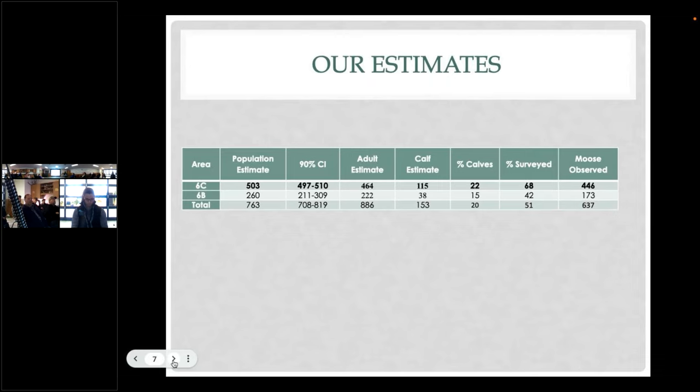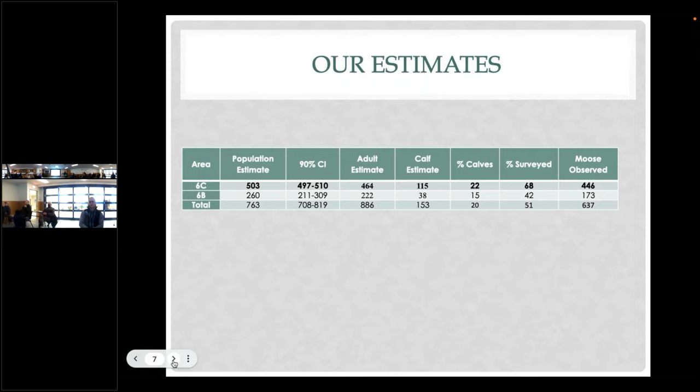You can see we looked at 68% of the area, and this number right here is probably the number that's most important to some of you. This is the number of moose that we actually saw with our eyeballs. 446 moose were seen, so without any additional math applied, this is just the number of moose that were seen by the observers and the pilots from the plane. So the difference between the moose observed number and the population estimate comes from our extrapolation to the areas that we didn't look at, and on the West Delta, that's all low habitat, and the application of that sightability correction